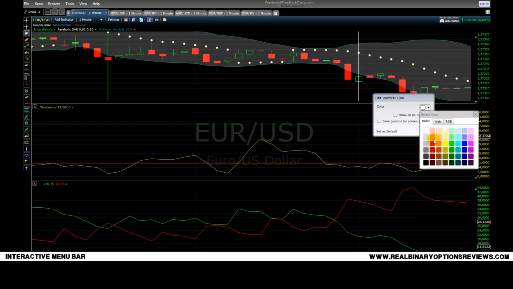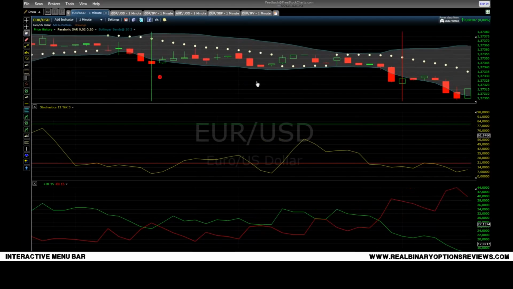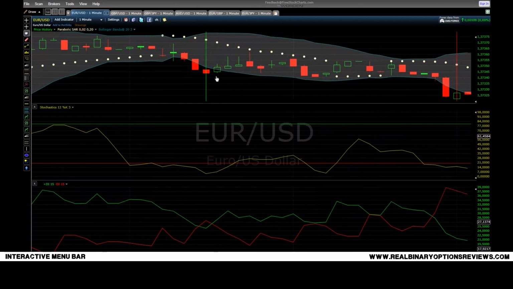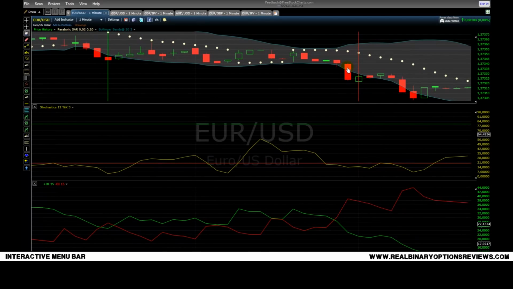So I'm going to color this red, because when the market is trading in a range, it means that the Bollinger Bands are close together, there's no big market movement, this is a very successful strategy and you'll be able to make, let's say, even 80% of winning trades. But at one point the market will probably enter into a trend. So you never know. So in this case you get a first losing trade,